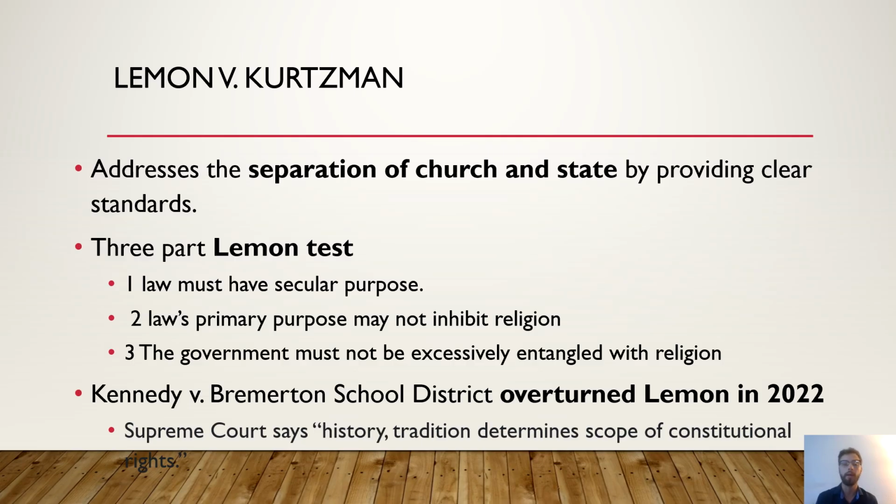Our Supreme Court, the majority ruling, stated history and tradition determine the scope of constitutional rights, breaking with a generally originalist interpretation, led by six Supreme Court justices at the time. So we see both living constitutionalist and originalist guidance ebbing and flowing with specific cases, and neither being a true predictor of how our Supreme Court will provide specific rulings.